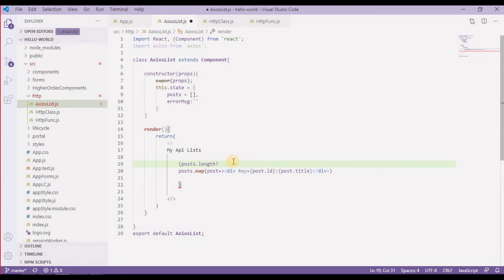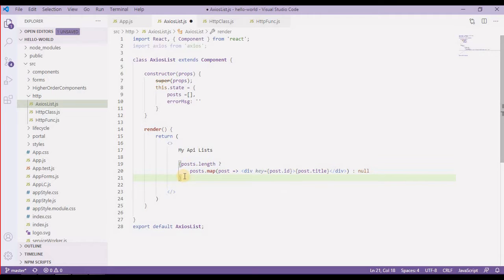Whenever we are using a ternary operator, we should have another value, otherwise it will return null. Now you can see the red line error from this line has gone.